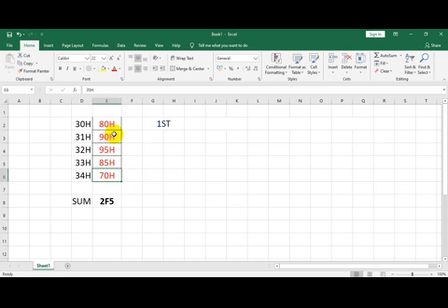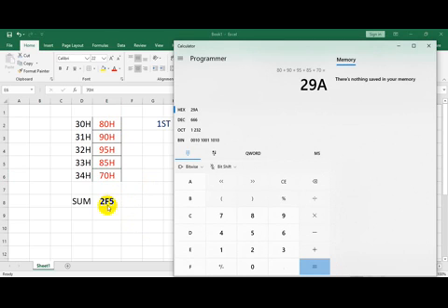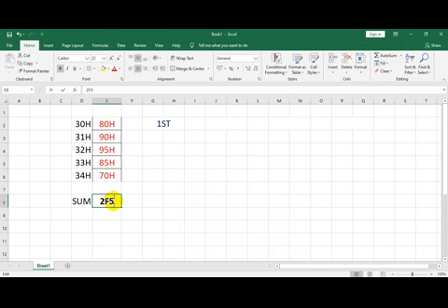So you should be careful whether you are feeding the data in hexadecimal or decimal. So if you add this up, the result you will get is 29A. This is the result you will be getting in hexadecimal, 29AH. What is the logic? The logic is very simple. When you add, your result will be greater than 8 bits.